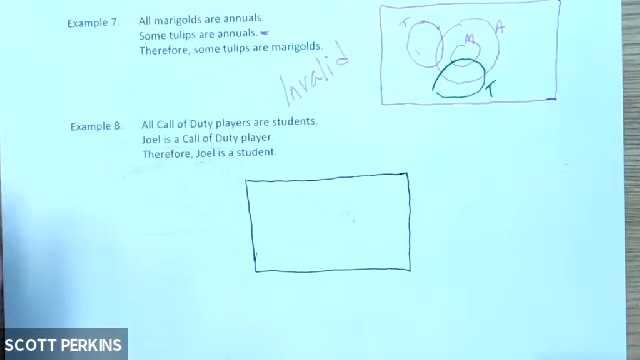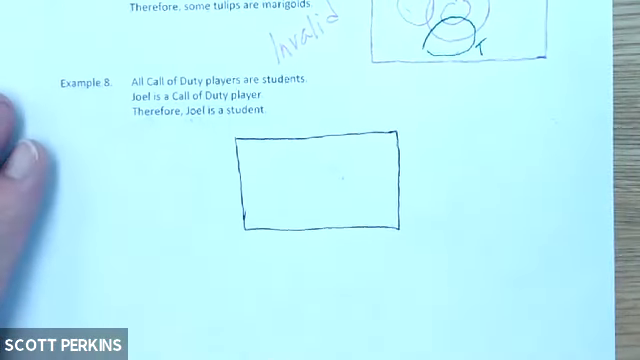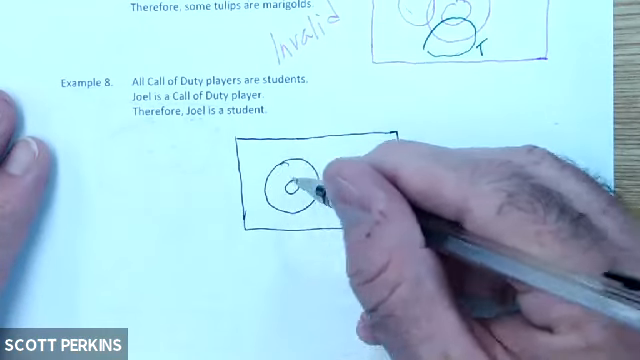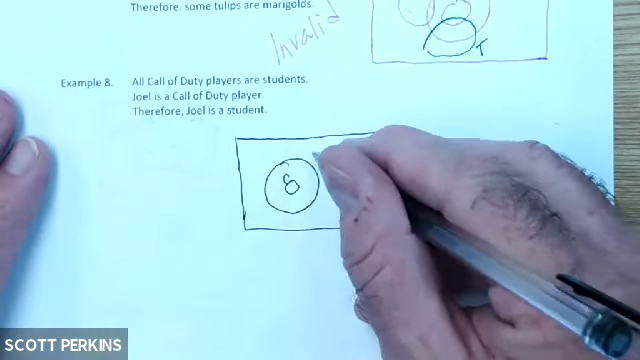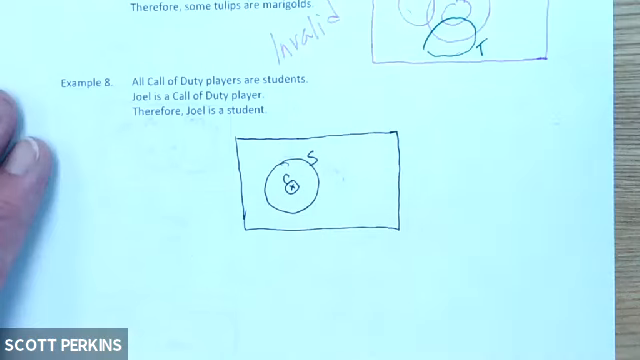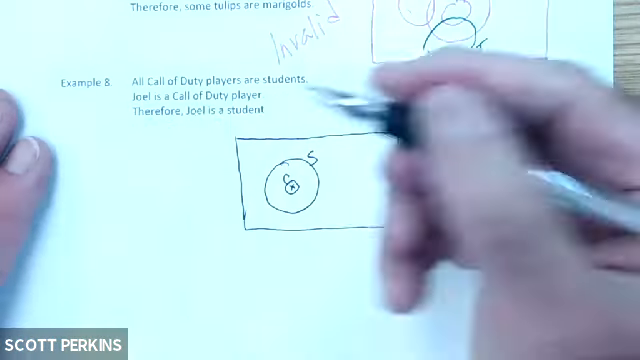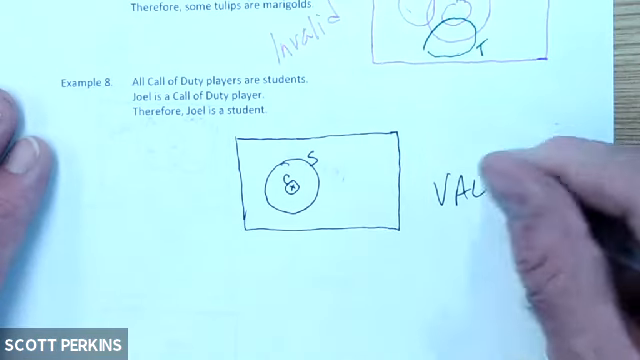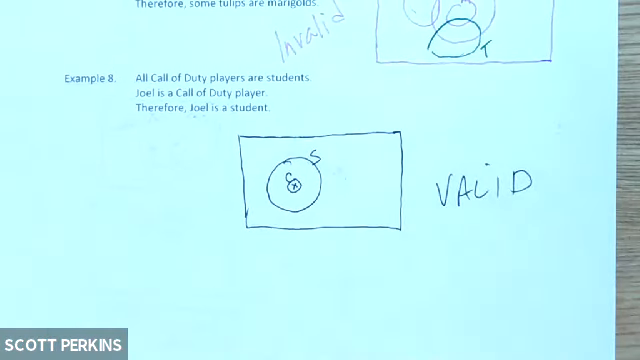All right, last one. All Call of Duty players are students. So here's the Call of Duty circle, here's students. Joel is a Call of Duty player. We've seen this argument. Joel has to be inside that middle circle. And so therefore Joel is a student, and that's going to be a valid argument. Yes, Joel has to be in the student circle because he has to be in the Call of Duty circle. All right,